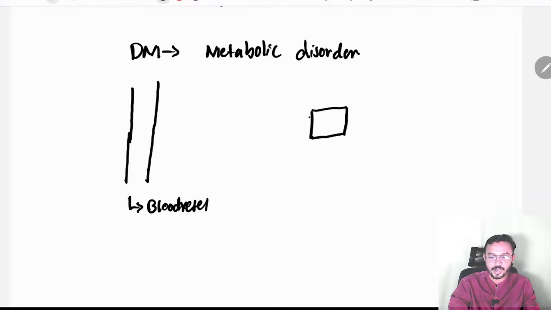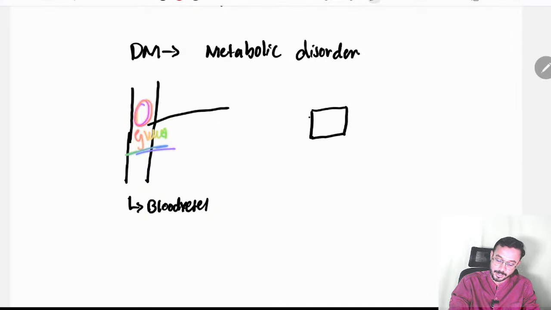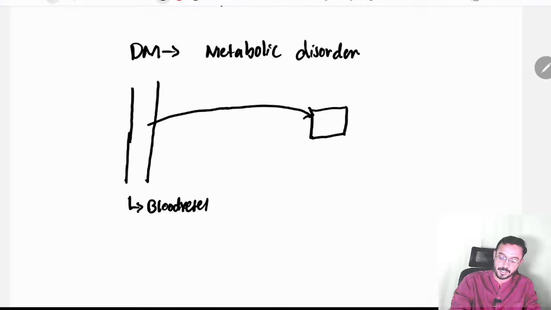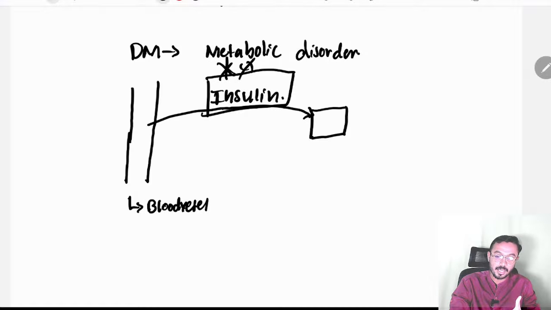What is the main function of insulin? Insulin helps in transport of glucose from the blood to this cell. After having a meal or lunch, the carbohydrate consumption leads, as an end product, to glucose formation, and whenever glucose enters the blood, it will go to the cells, right? This transportation is done by insulin, right? So that's why in type 1 diabetes mellitus, this insulin is not at all present. So that's why blood glucose levels will get elevated here, right?